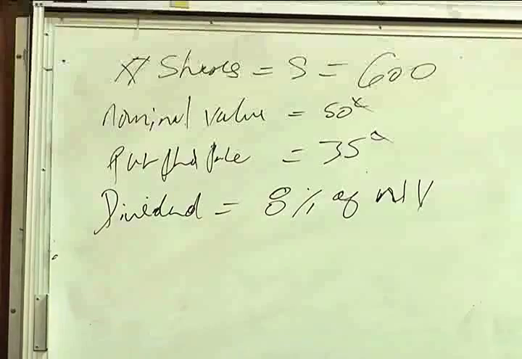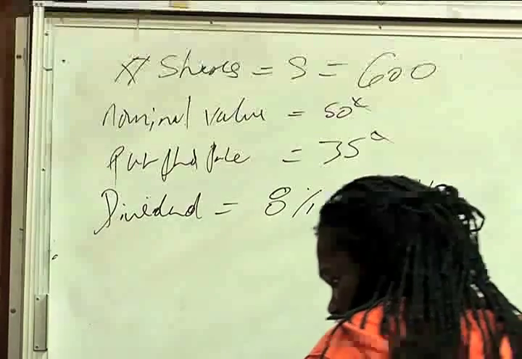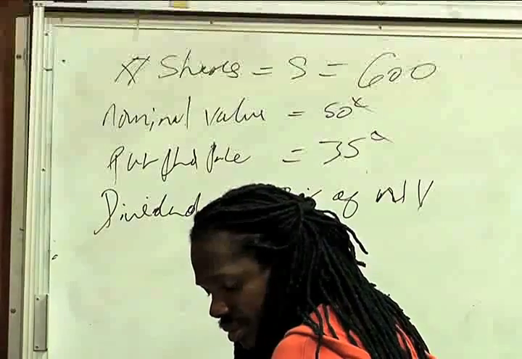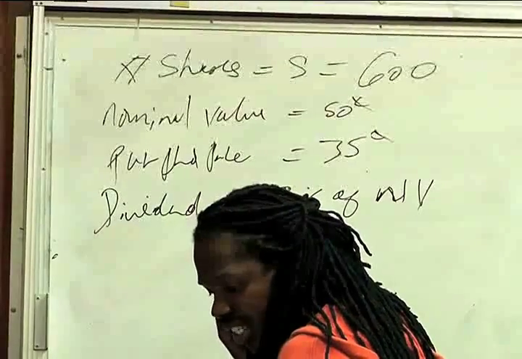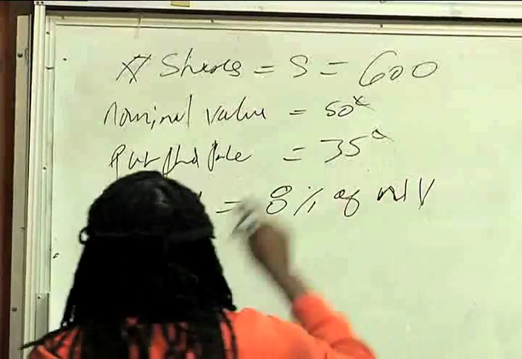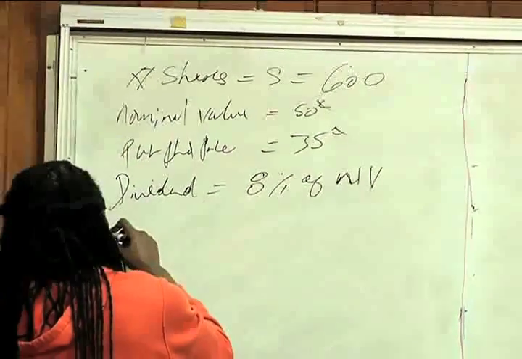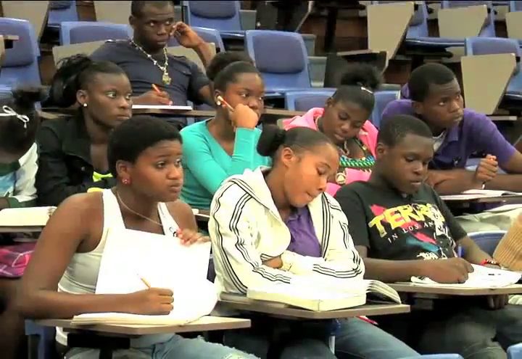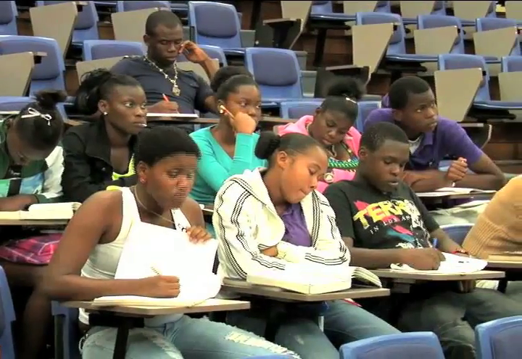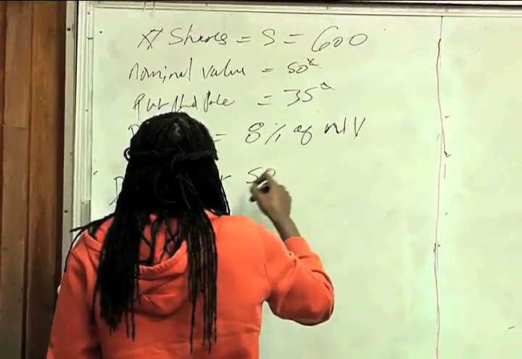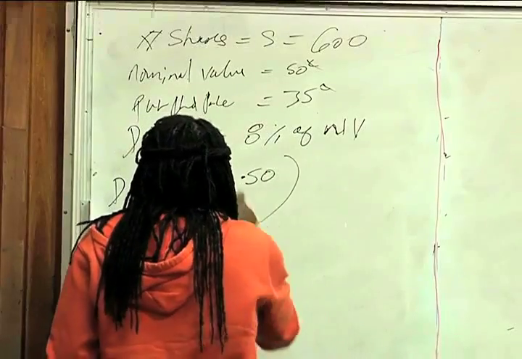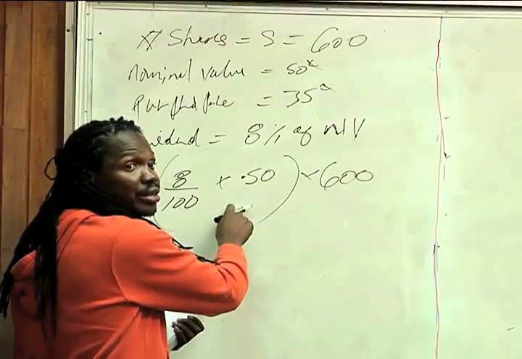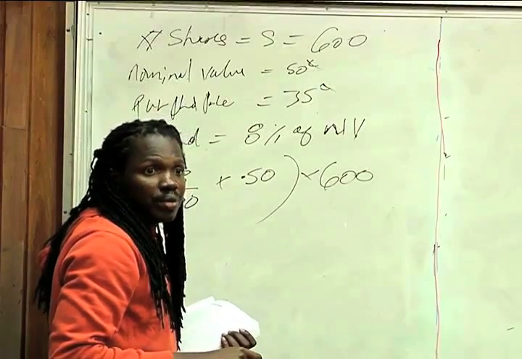How much does he get in dividends? So I want to know how much he is getting in dividends. So dividends equal 8 over 100 times the nominal value, 50 cents, 0.5, times his 600 shares. Not true? Because this is how much he gets per share. So the total dividend